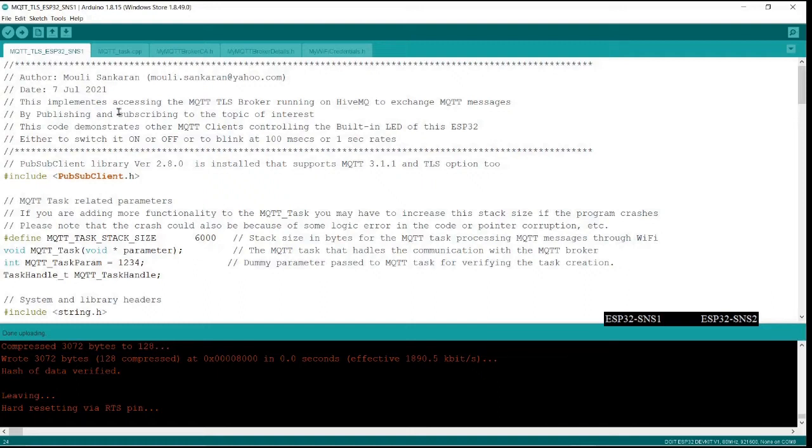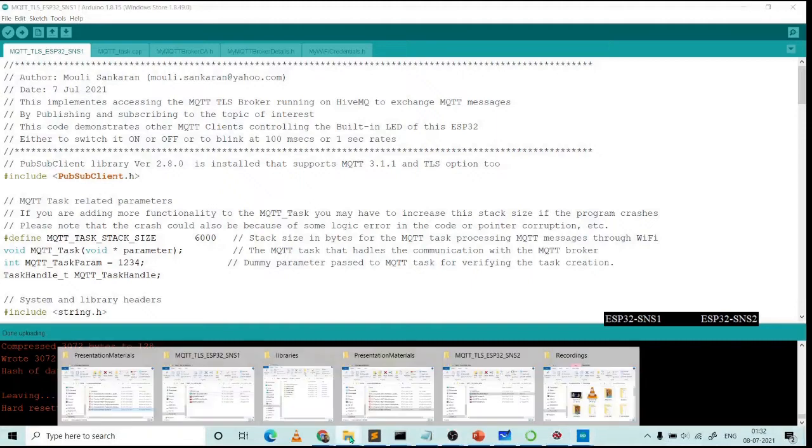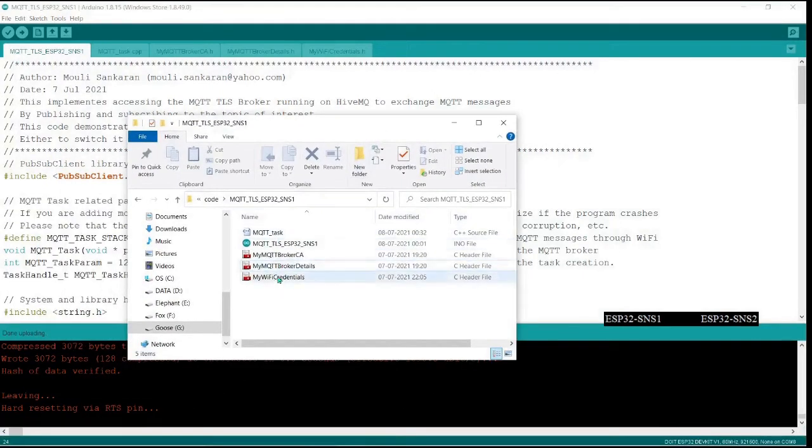Let me explain what the files in this project are. Before I go into the details, this is a directory wherein all the files related to this project are there. This is the INO file wherein normally you write the setup code and then the loop function, which is the standard way of invoking code in the Arduino IDE, running on the board.